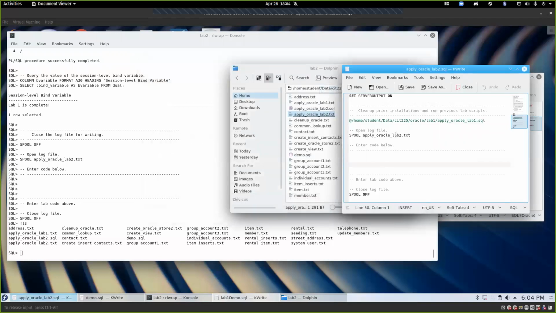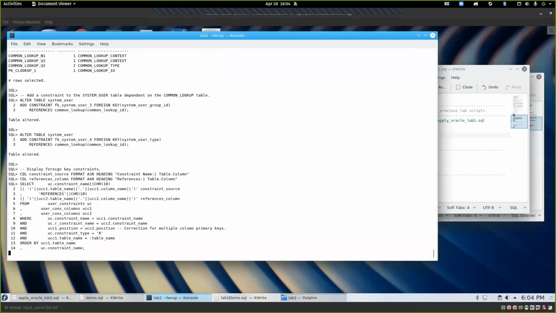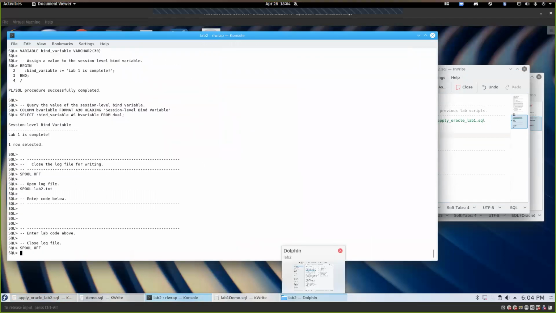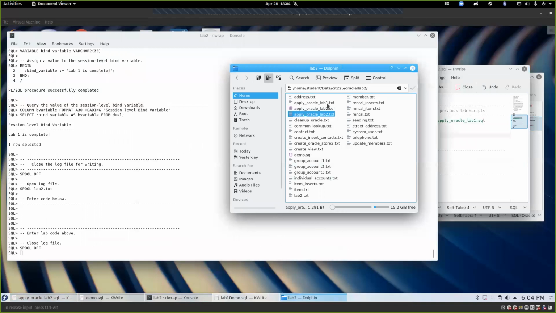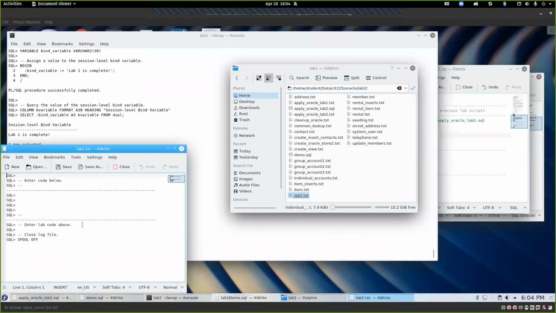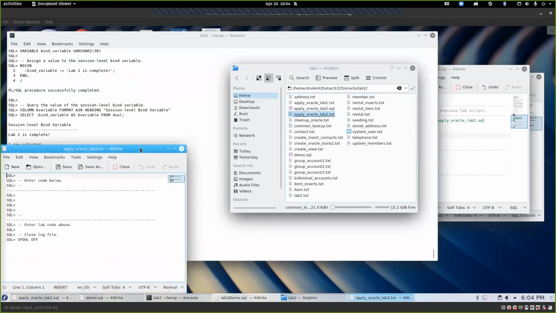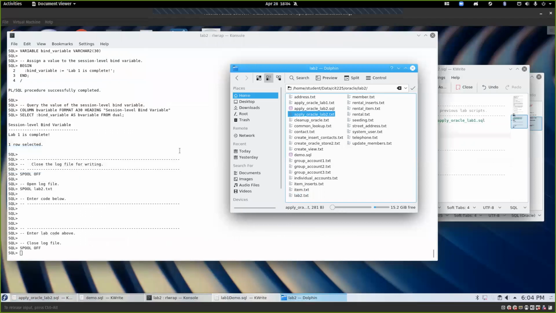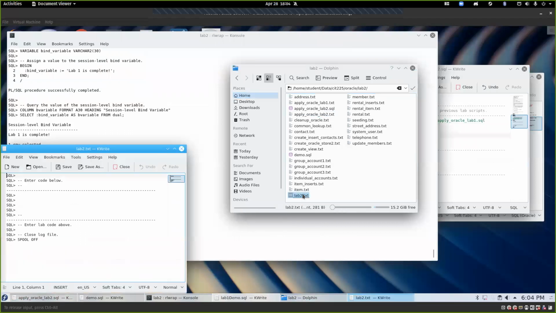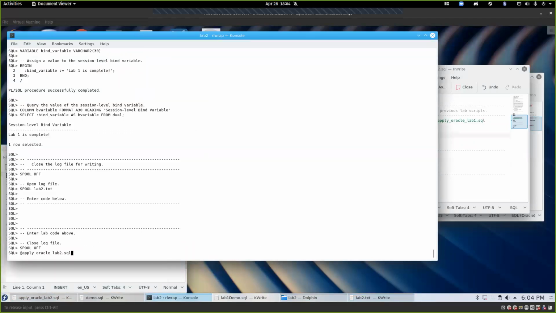I don't like the apply Oracle Lab 2 name because I don't like to type that much. So Lab 2, and now if I rerun this and open up my folder, I'll have this lab2.txt. You could make a bunch of these, because you'll notice that I still have the original, but it's not going to get updated anymore. If I have lab2.txt open and rerun this,